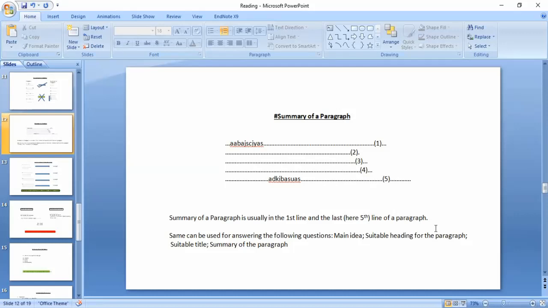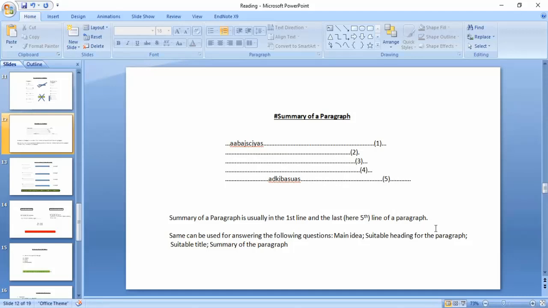So answer to these questions can be found by just reading the first line and the last line of a paragraph. 80% of the time, if you follow these rules, you will save time and you can answer questions to